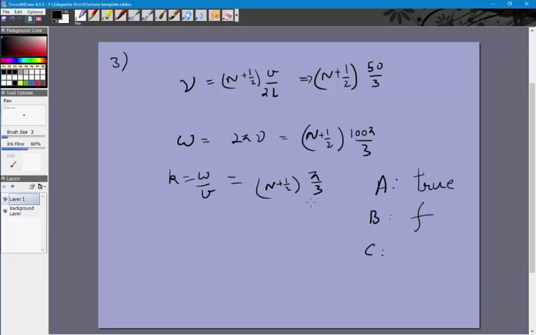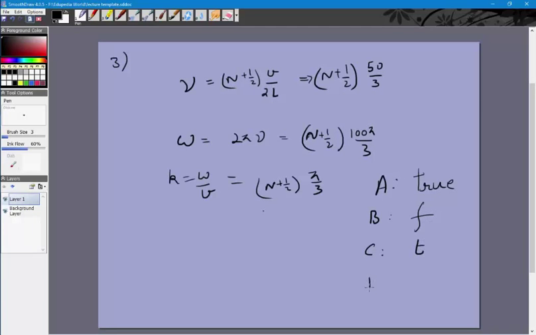K is 5 pi by 6, which is true for n is equal to 2, and for n is equal to 2, this is again 5 by 2 into 100 pi by 3, so 5 into 50 pi by 3, so 250 pi by 3, so C